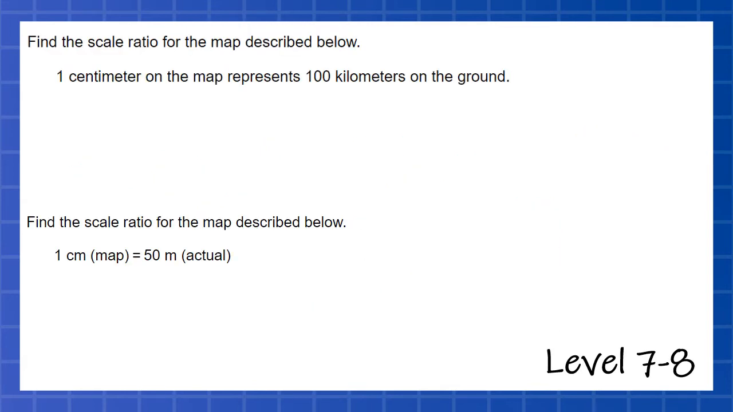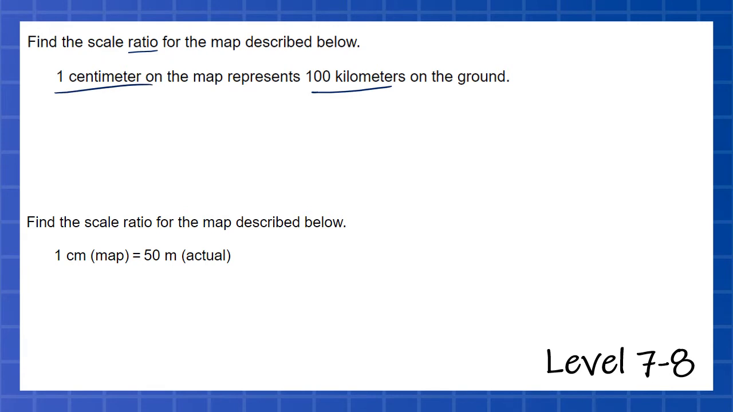Scale ratios for maps usually tell us 1 centimeter to 1 kilometer, whatever. You'll see it written on a map that 1 centimeter on the map represents 100 kilometers. But a scale ratio should be written, or could be written, without units at all. The way we create a scale ratio is we convert both of them to the same unit. So 1 centimeter and 100 kilometers, if I wanted to convert them to the same unit,